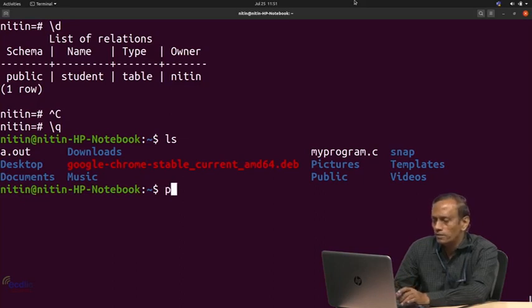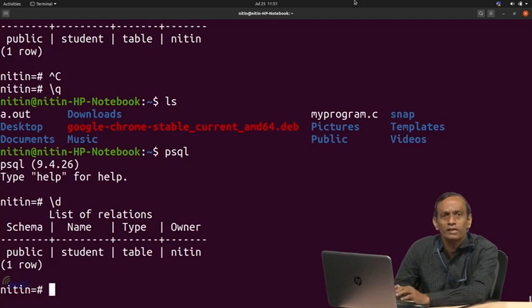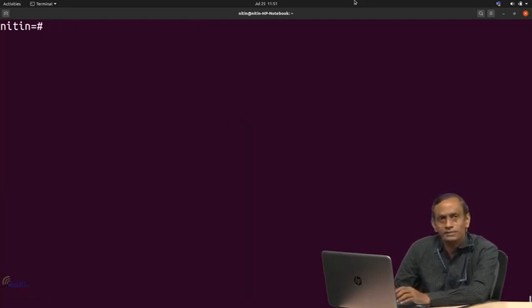In a similar fashion, whenever I write \d, it tells me that these are the relations available with your system, with your username or with your database name. Now let us try to see more details about how exactly the relations that are created by you are stored internally.